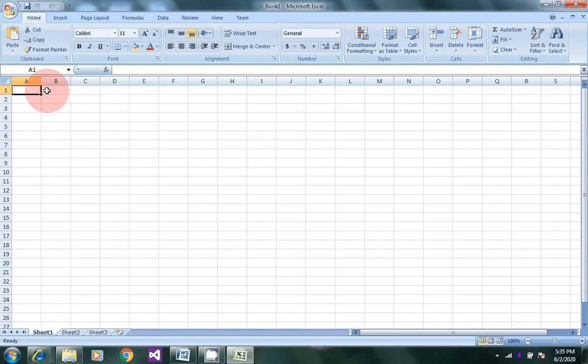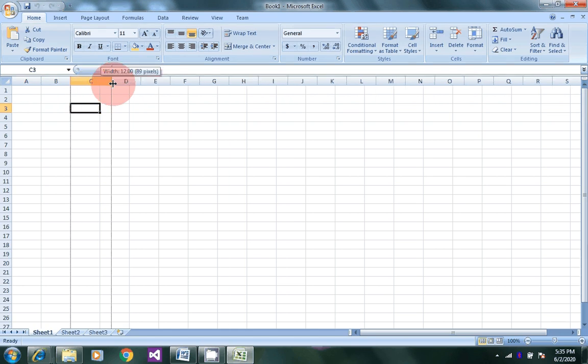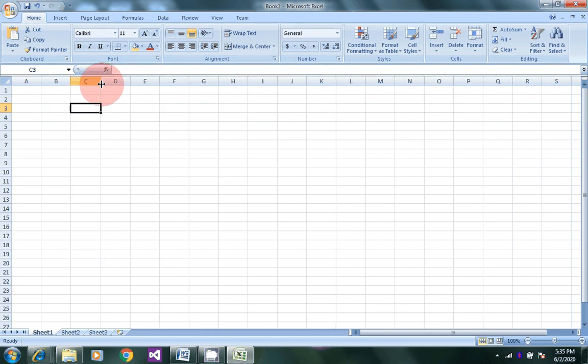So these are the cells of the table. This white space you can adjust with the mouse also. But in HTML, it is called cell padding and cell spacing, which you will use to adjust the white space in your table cells.